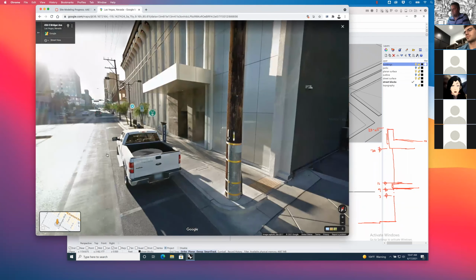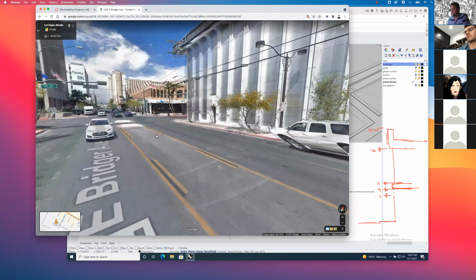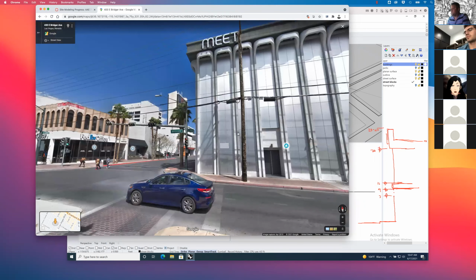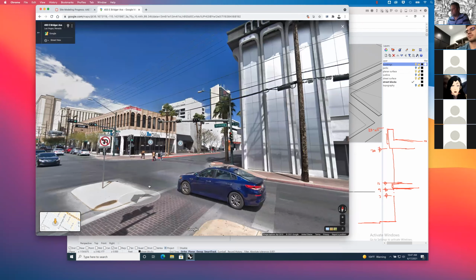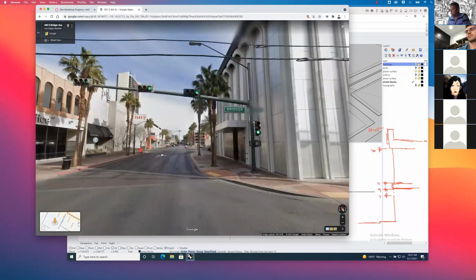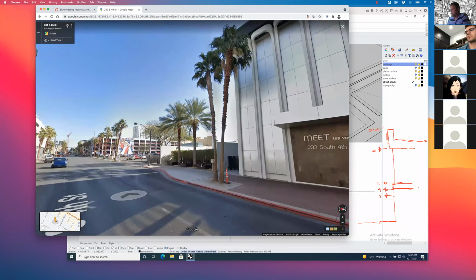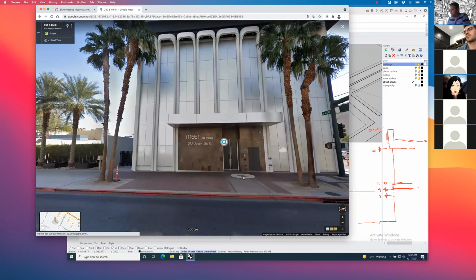Here's this building with the meat logo. This one's interesting because they actually project light across this one at night. Right. But again, don't discount these doorways. This is a custom door. It's really super tall, right? This is a standard door. I don't know why they put it right there. And then, of course, you have